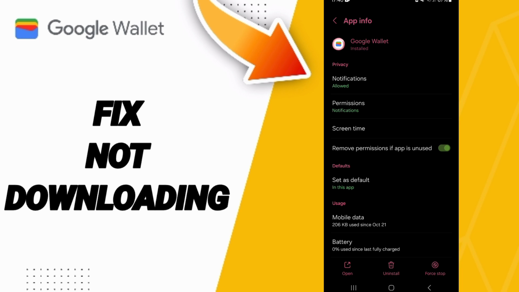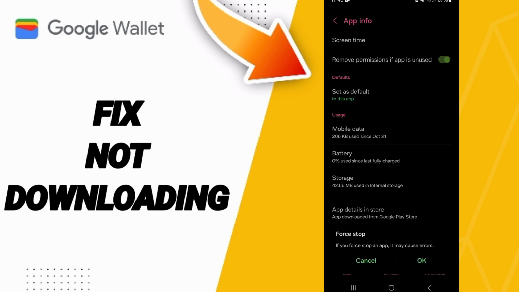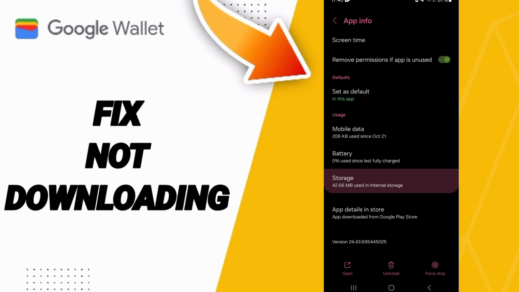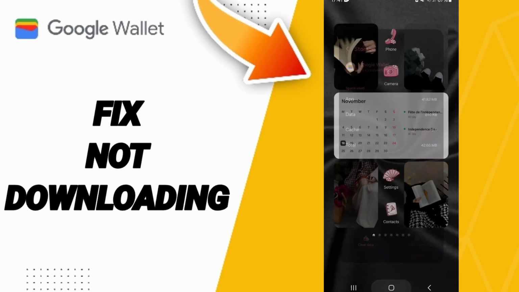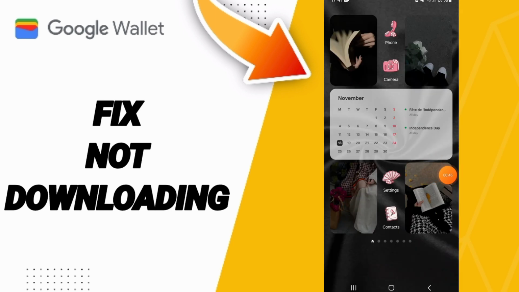Then in this page of app info you will click on first stop and you will click OK. Here you will enter the window of storage. Then we click on clear cache, but pay attention, don't click clear data because that can delete your account. In the end you can turn off your phone and wait a moment to restart your phone again